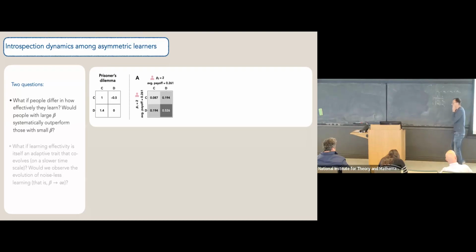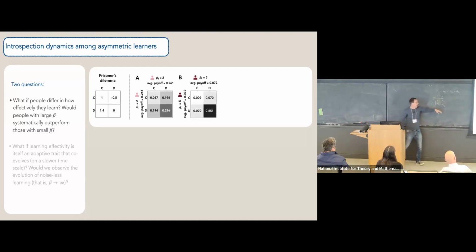Now a question for the audience. What do you think happens if I increase selection strength, but for both? Instead of 2, I will have 5. How does this probability distribution change? I put more density on DD. That's right. That's also what I would expect. And your expectation is totally correct.